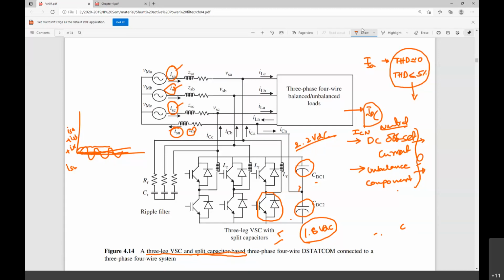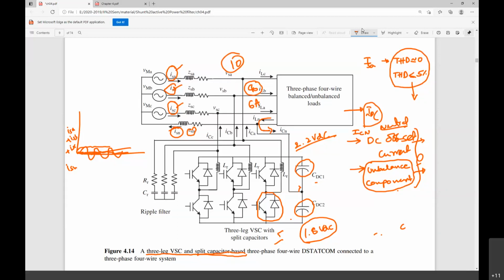For a minimum current, if you take around 10 amperes, let us assume the load current is 10 amperes, maybe 8 amperes and 6 amperes, there is a neutral current which is going to flow. For these kinds of currents, in my observation, I didn't see any unbalance in the capacitor voltage. But if you have more unbalanced current, I'm not able to quantify it, because I have not observed it.